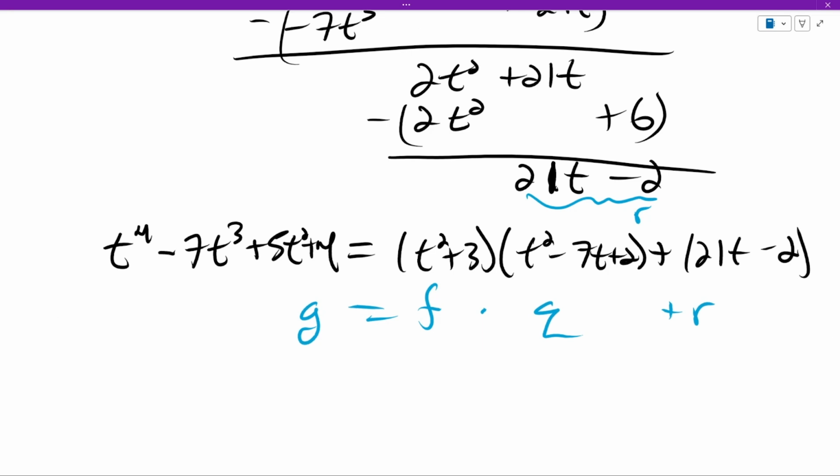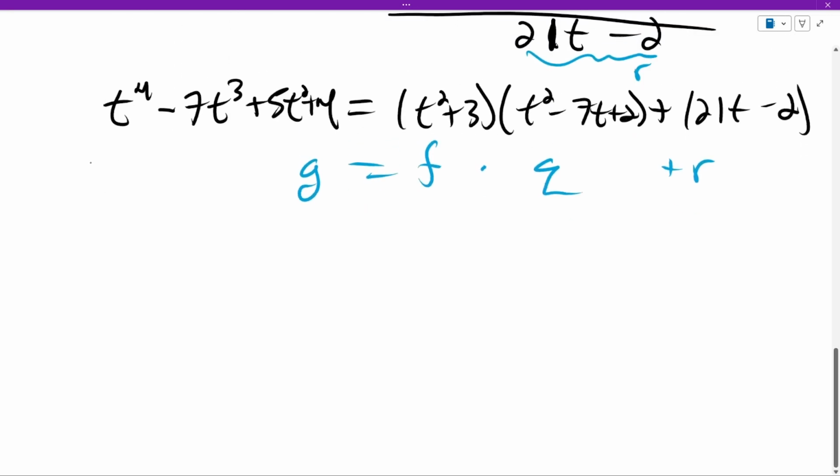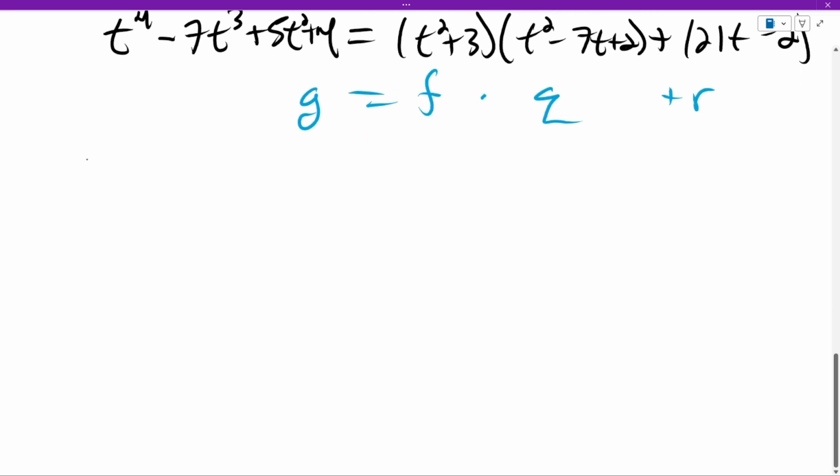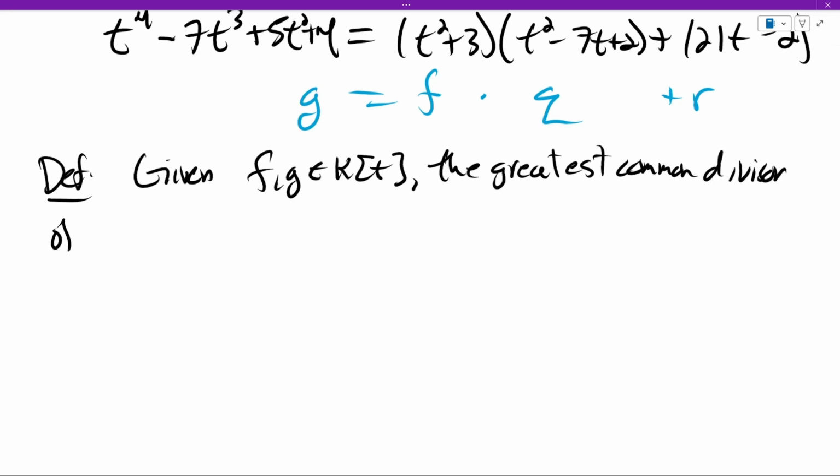All right, so we have a way of dividing polynomials, and if it doesn't go in evenly, sometimes we get a remainder. Great. Definition. Given f and g in k adjoint t, the GCD, the greatest common divisor of f and g, which is going to be denoted by GCD of f and g, which I'm going to call d, is